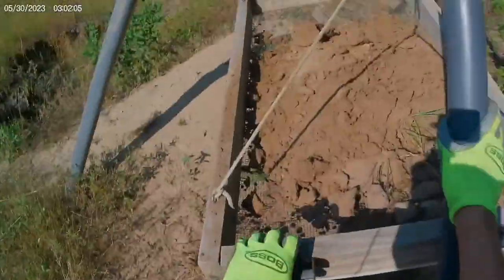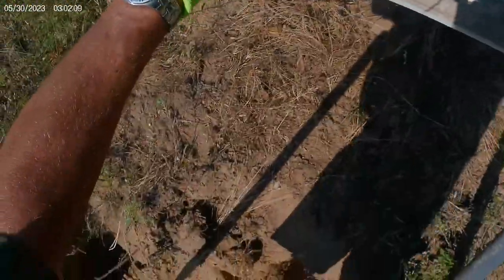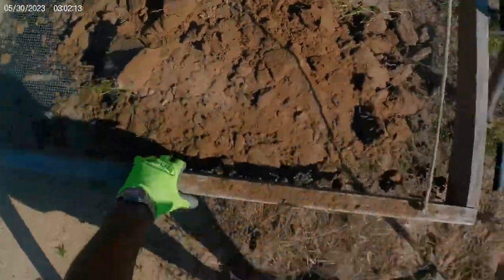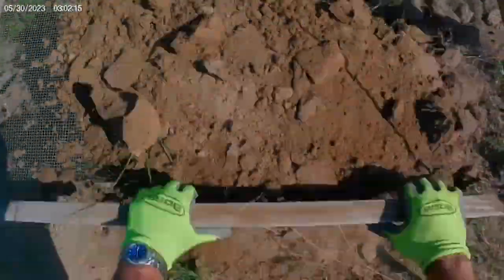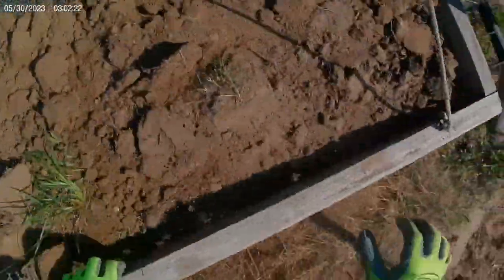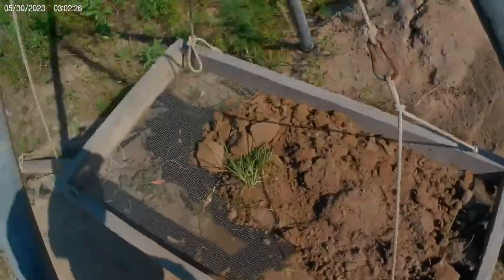And here's what we got. We got a basket full of dirt. I shake down most of it. I'll get up here and I shake it sideways. Make it lighter because it's pretty heavy. It gets out of whack, it takes a good bit of